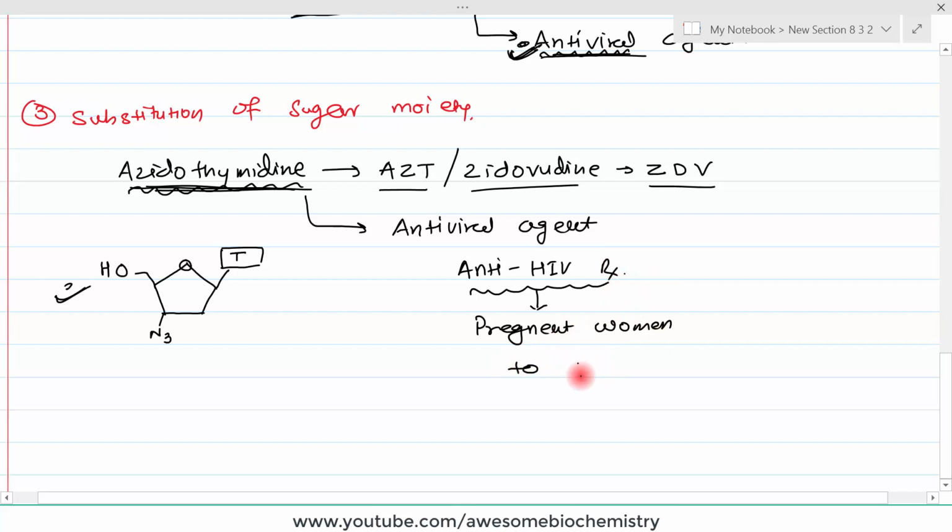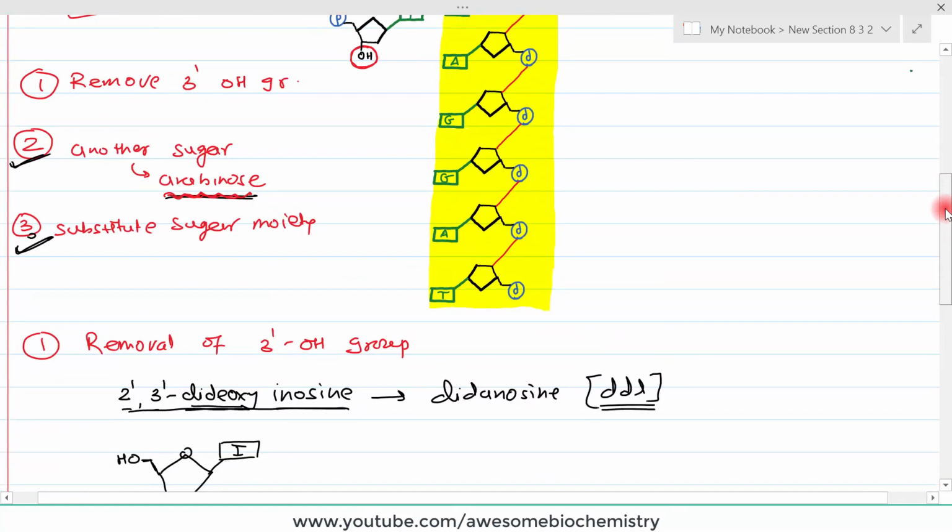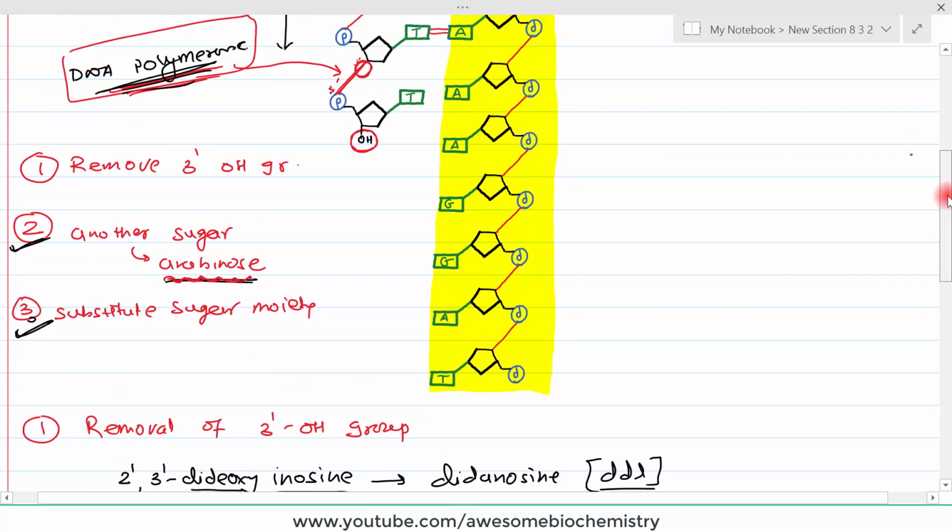So to prevent passing of HIV infection to their unborn baby, if you properly start zidovudine or azidothymidine in the pregnant woman, their offspring have a lesser chance of getting the HIV infection. Now you might be wondering that whatever drugs we have discussed were all nucleosides, whereas in reality